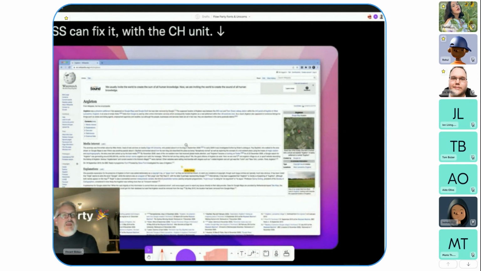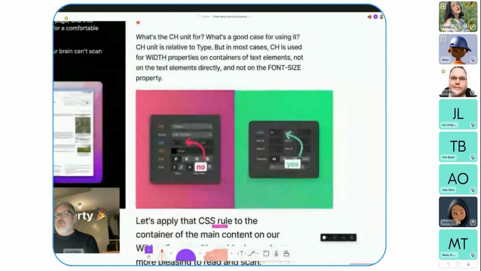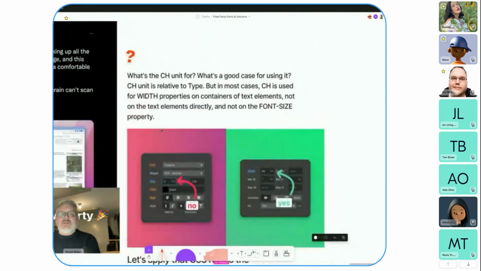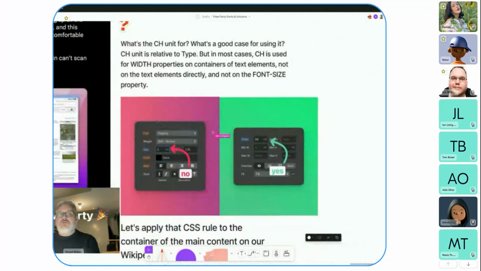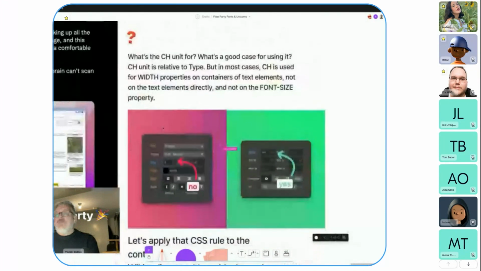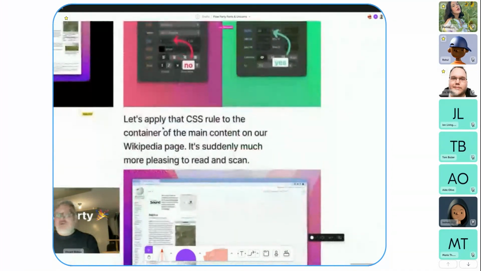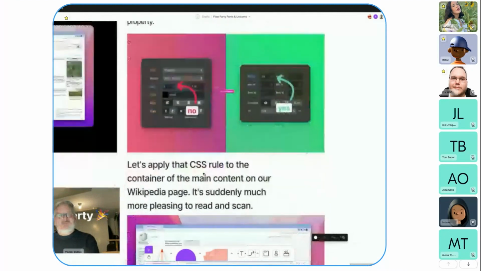You cannot really scan the text, and there's a very easy solution when you run into that kind of design. The solution is to use the CH unit, and it doesn't have to be set on the font, on the text element itself. It has to be set on the wrapper, on the container of the font. And if you set it to, for example, 66 CH,